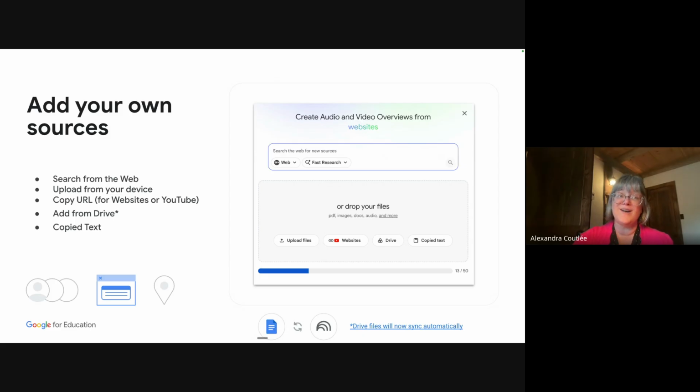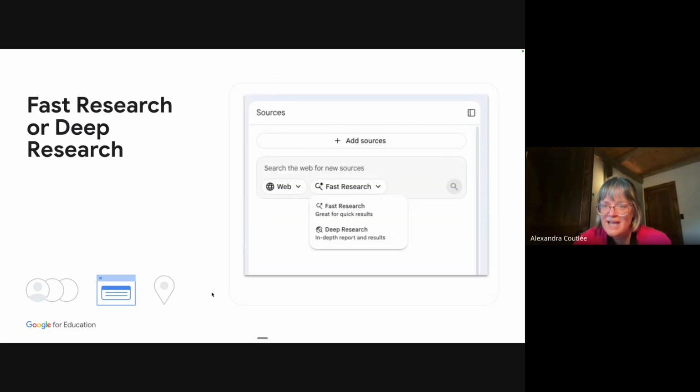That also means, though, that if somebody deletes it, let's say they shared it with you and you have access to it, but suddenly they delete your access, it's also gone from your NotebookLM. But this is good news because now if you have a Google Doc with lots of notes, everything will automatically sync. I see a question in this chat, but students can also use your files as sources from Classroom. So that's great. Absolutely.